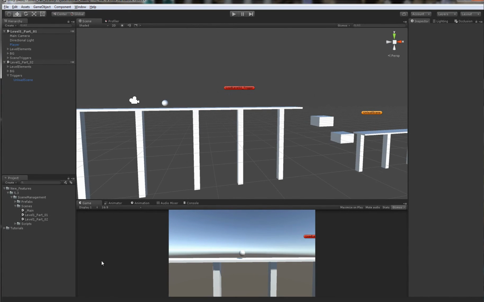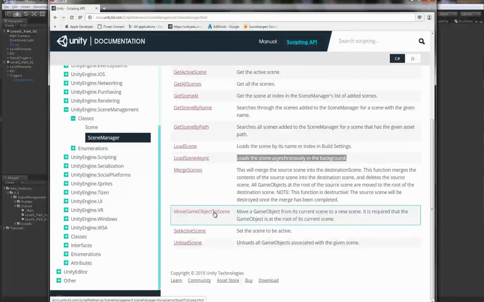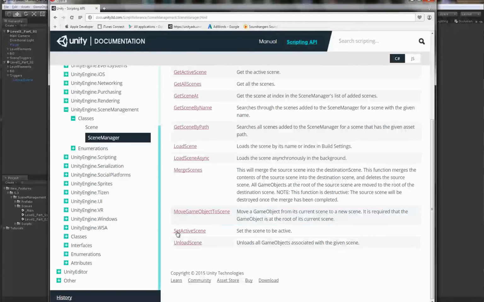So let's see what actually we can do about this. Let's see here. You have MoveGameObjectToScene, which is cool. We have SetActiveScene, which is cool as well. So I suppose we have to do this before we actually unload the scene. So let's see what